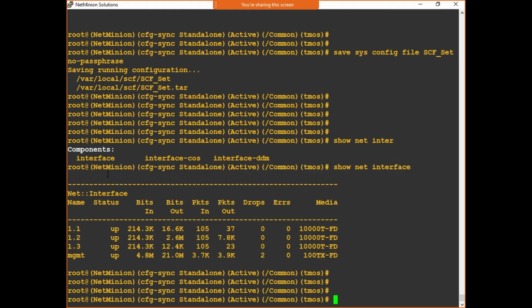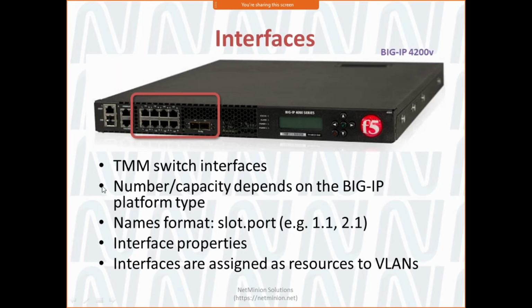So there are 3 physical interfaces which we can call the TMM interfaces. Now you need to assign the VLANs and all of that over the interfaces only. So every BIG-IP system includes multiple interfaces. The exact number of interfaces that you have on the BIG-IP system depends upon the platform type.